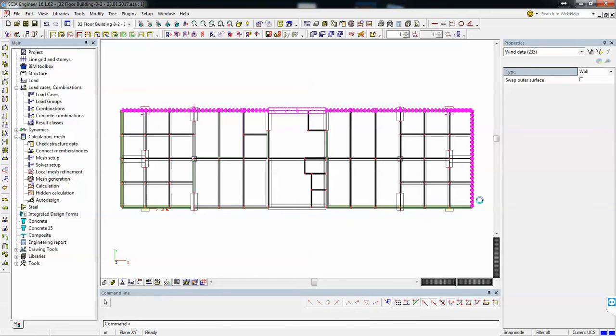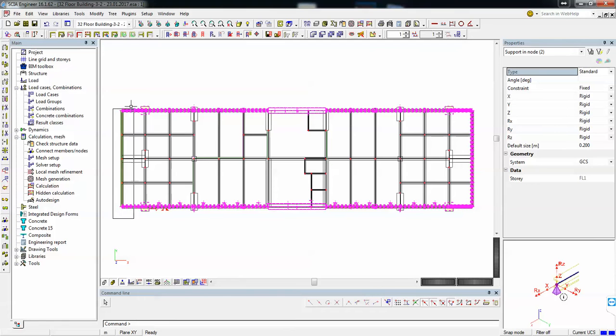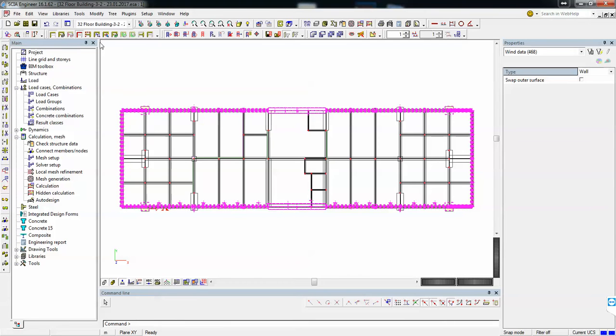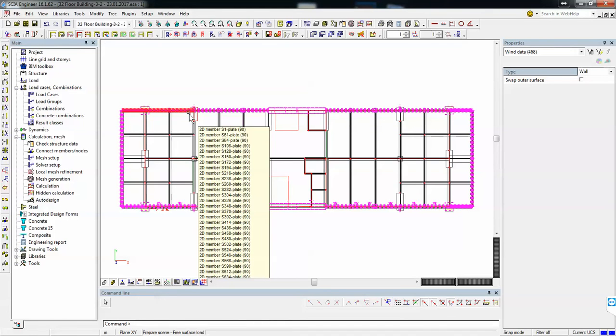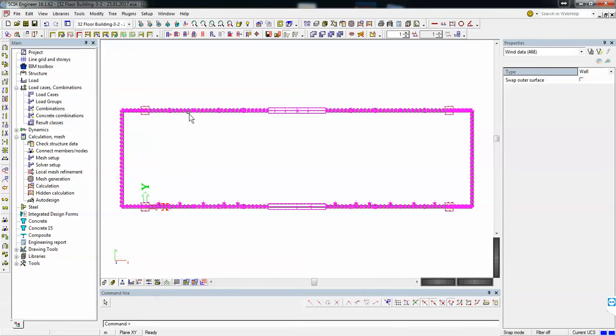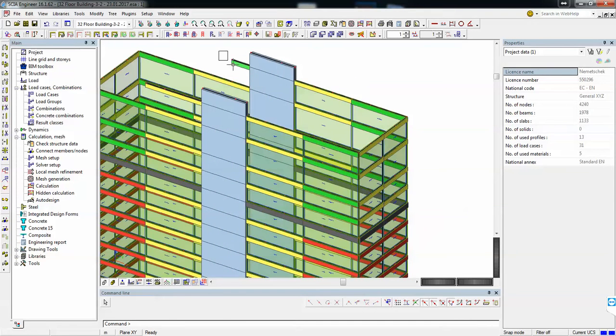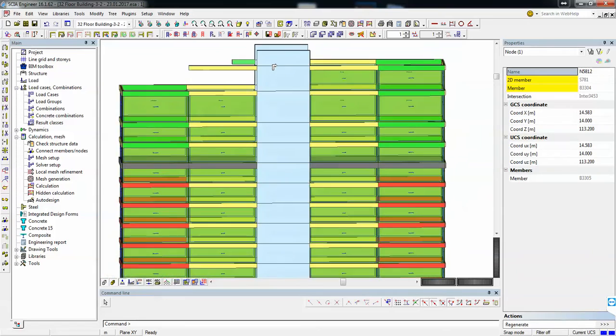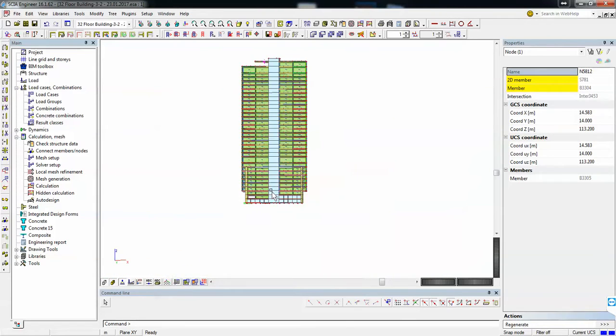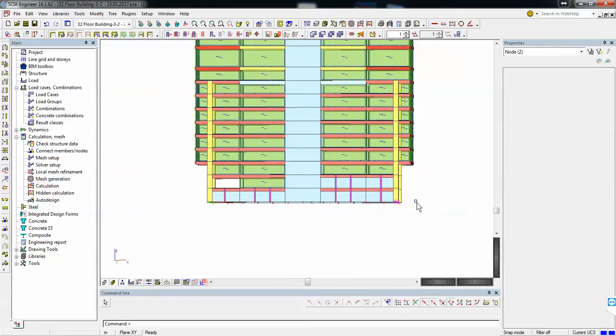And we'll have to make sure that everything that is selected has 3D wind activated and that the arrows are pointing outwards. So for panels we will have a local coordinate system with the Z, but also for the walls we'll have the same situation. So we will be unable to generate the wind unless we have everything closed.